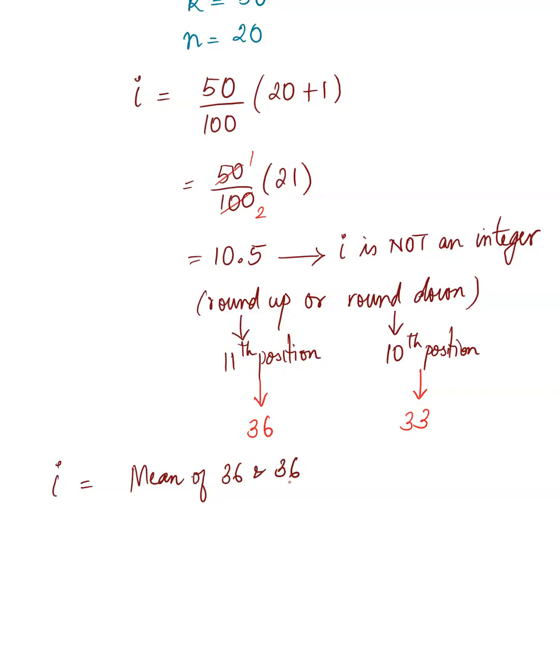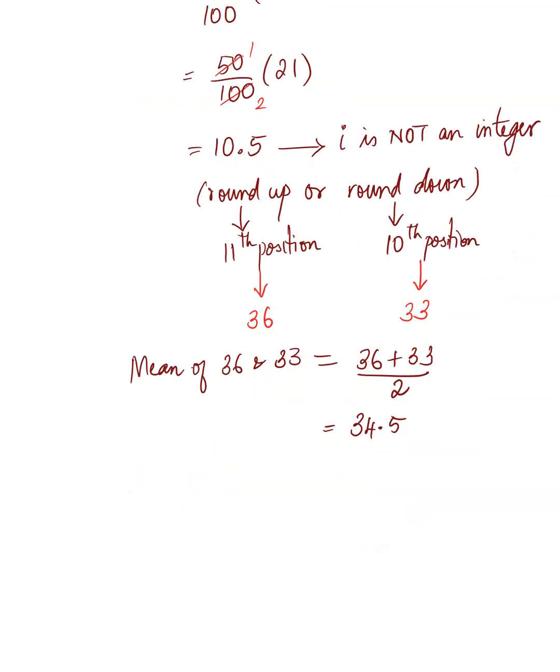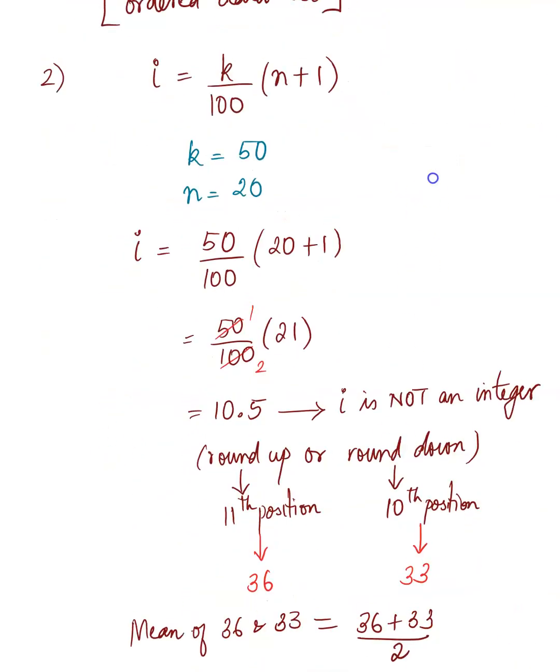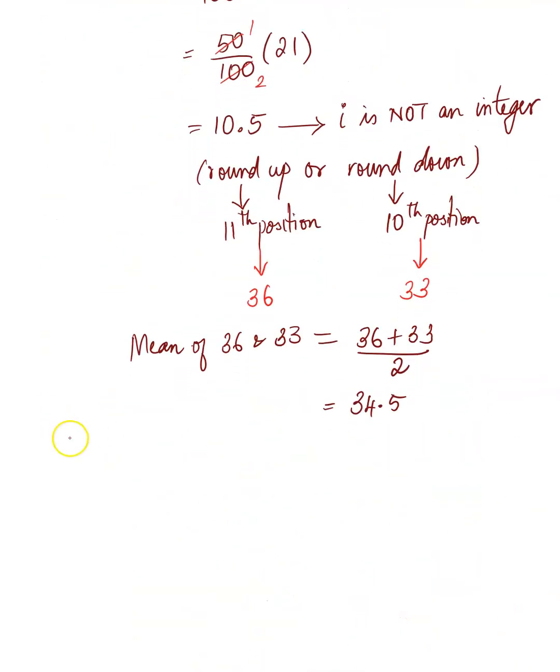So to get your i value, it's 10.5, but to get the mean of 36 and 33, you get 36 plus 33 divided by 2, which gives you 34.5. So how do you interpret this? You come back and say, well, we'll go back to the question. It said, what is the 50th percentile? So we say the 50th percentile